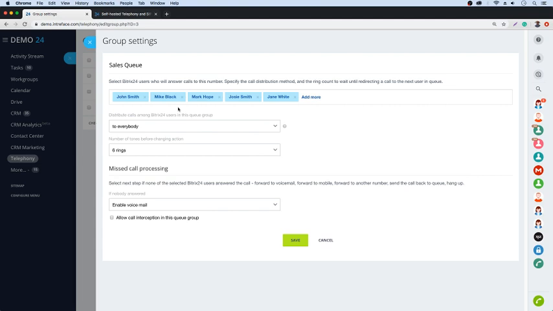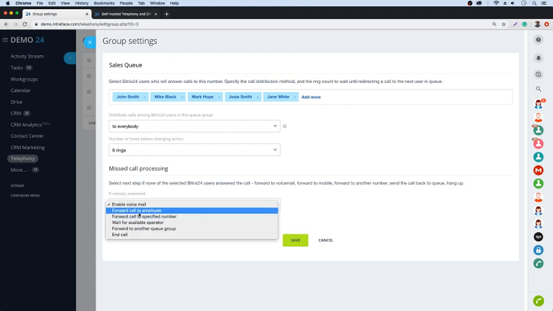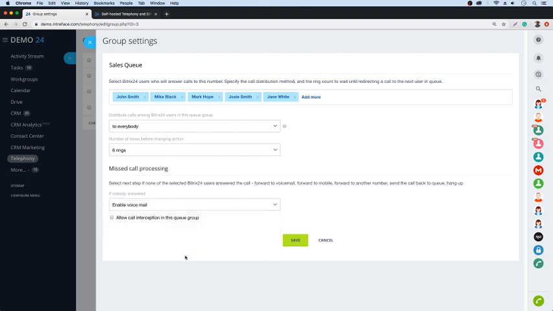At the moment, it's going to go to every single one of these specific users, and you can see, alternatively, you can distribute it evenly, or you can distribute them exactly as enqueued. So it would go to John, Mike, Mark, Josie, and Jane. In our case, we'll leave that to everybody. And if it's going to be missed, then you can forward a call to another employee. You can forward a call to a cell phone if you wanted to, or you could forward a call to another